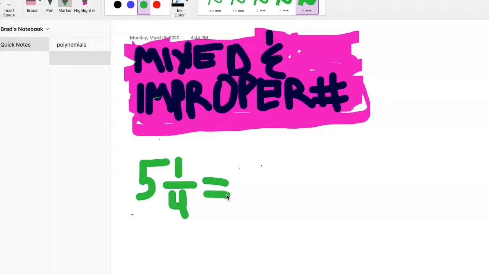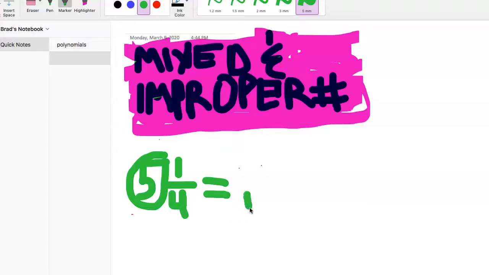5 1/4. All right, so how do we get it to be? So that's a mixed number. When you see a big whole number, like the 5 here, and then a fraction, that's a mixed number. Improper means you have a number that's bigger on top than the one on the bottom in the fraction. Okay, so the way you figure these out is this 4 is going to stay the